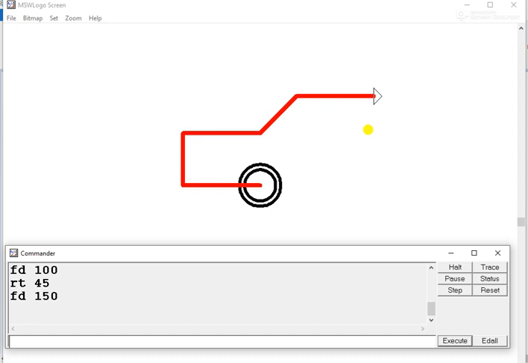Now again we want one more slanting line, but this time we want it towards down. So what do we have to check? We have to just check which turn we should take. This is the right side and this is the left side. To turn towards the down side, we have to take a right turn. So again I'll take RT, and this time also I'll use 45 degree.